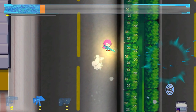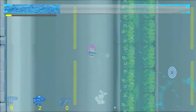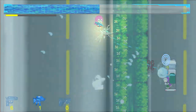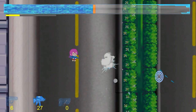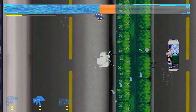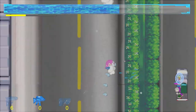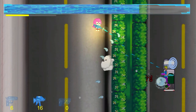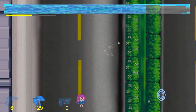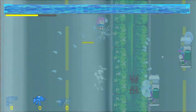Alright, let's concentrate. Let's see if I can die by drying out this time instead. Let's do such a good job dodging the bullets that I dry out instead. That doesn't work when the enemies are off screen. I'm assuming I've just got to take out this parade before I can go any further, because they did have an invisible wall, or a slightly visible wall, on me up there. See, one is no problem, but they just keep coming. Now I have two, which is going to throw off where I've learned